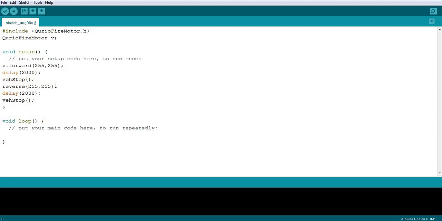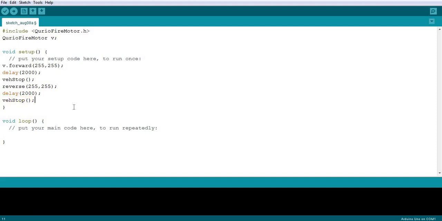Once we reach point B, we will again start, but this time in a reverse fashion because we don't want to turn. And that is what this command does. We have to continue coming in reverse for 2 seconds, and hence we give a delay of 2 seconds, during which time no action happens. Whatever was the earlier action continues to be executed. And last, after 2 seconds, we will stop the vehicle.